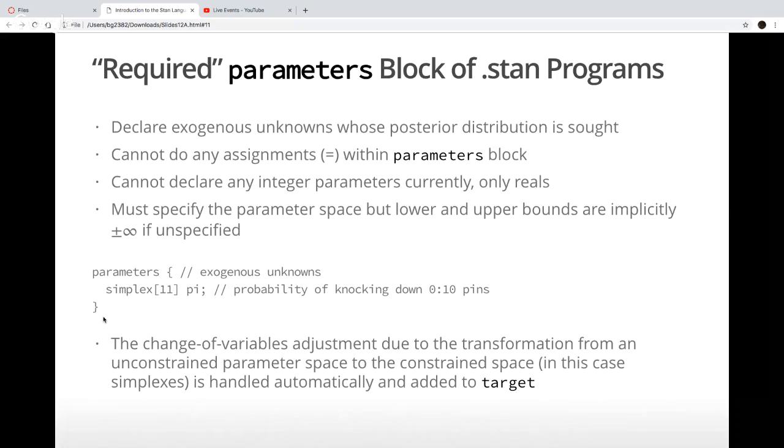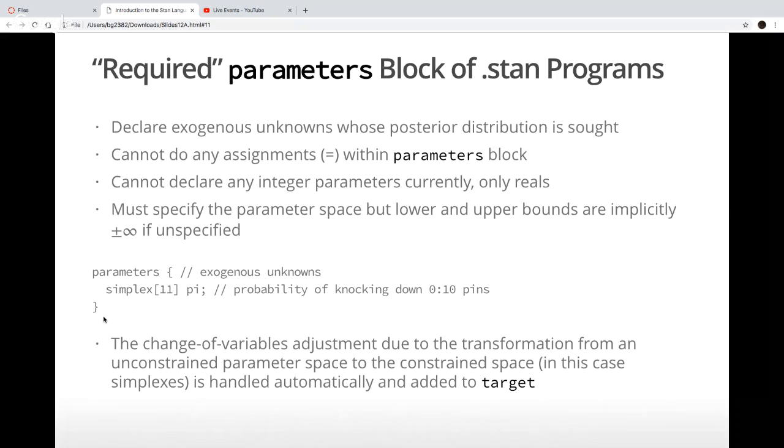So 11 things could happen on the first roll of a frame of bowling. This parameters block is very short. It just has one declaration in it, but I could have more, intercepts and regression coefficients and other things like that, in different sorts of models. But all of these are customized to the posterior distribution you're drawing from at that time. So in this case, I just need a simplex.